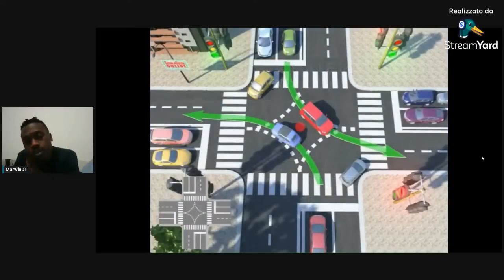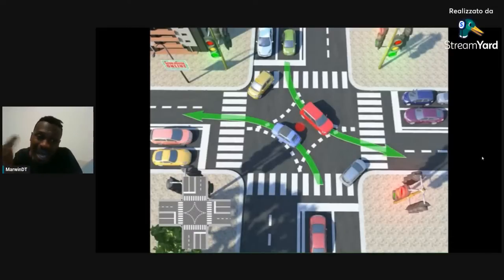So, in this situation, watch it carefully because this type of sign in the quiz, I see many people mistaking it. When you are turning in such an intersection, do you see the blue car that is turning to the left side? Are you watching it? The blue car that is turning to the left side,